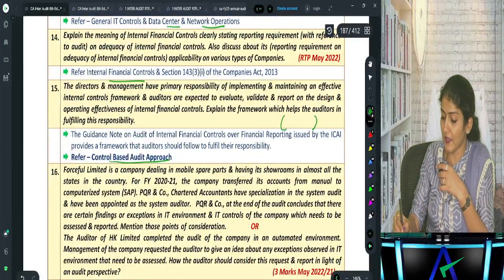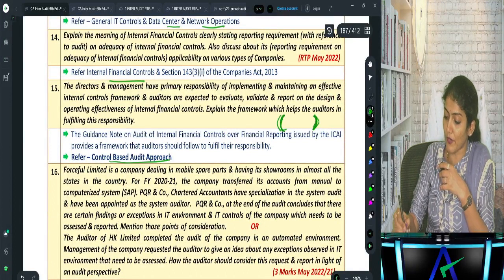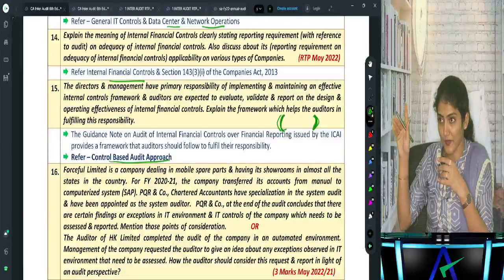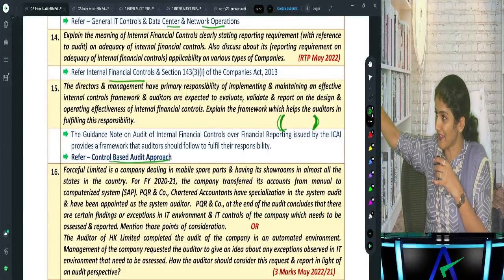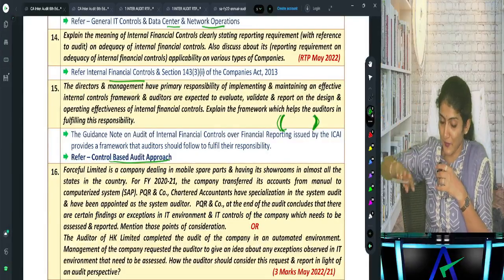If I don't see any references over here, that means it is either a study material question or a mock test paper question. Right? If you don't see it, it doesn't matter to you, but I'm telling you. Okay, then you say, ma'am, why did you put this question? It is some MTP or some ISM question over there, right?